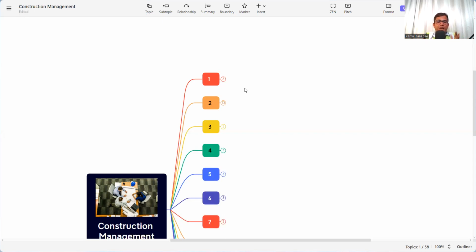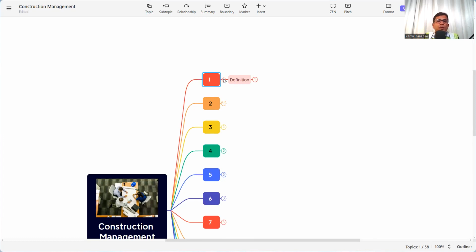The same way, construction management is also whatever is required to perform or complete the activities, each and everything to be managed in a way that the end product will be delivered as per the requirement. Like the wedding should happen with a happy ending and as per our expectation. The same way we need to manage the construction. So this is construction management.